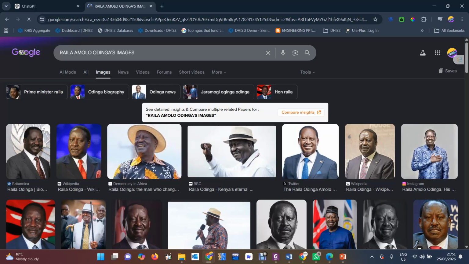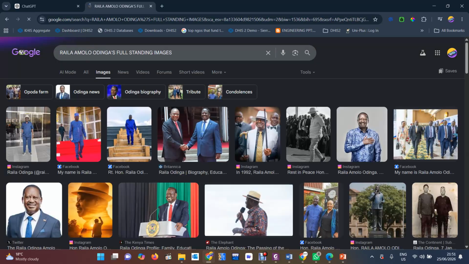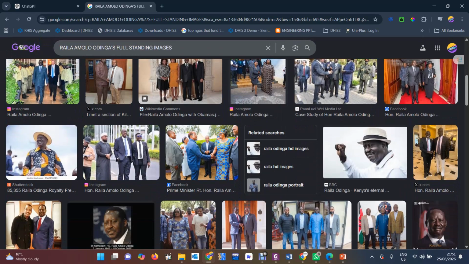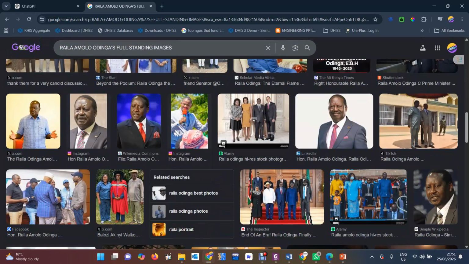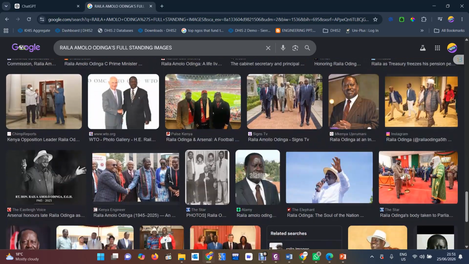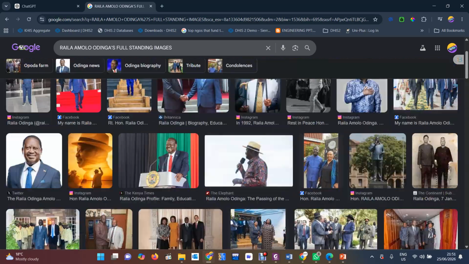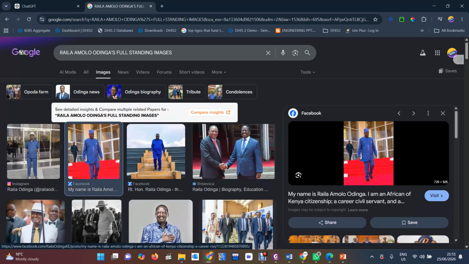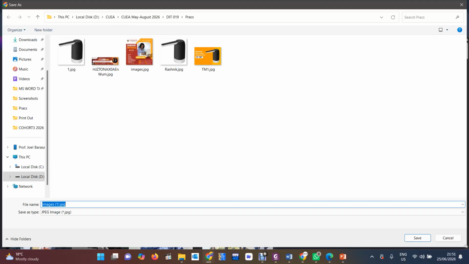Let's say full standing images, so that you can get when it's full standing. So say that for instance you want to use some of them here, like maybe this one when he was vying for AU. So we download this, and then I just put it here.